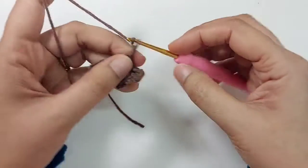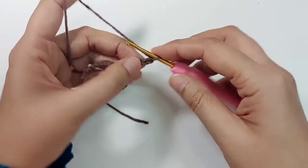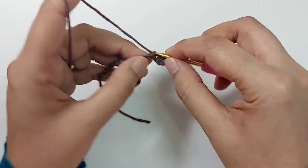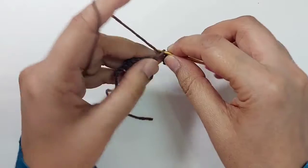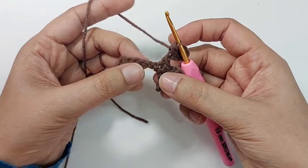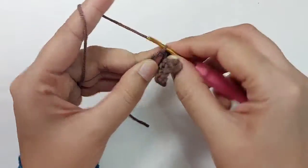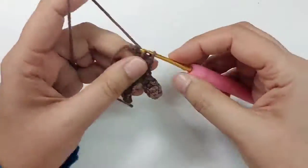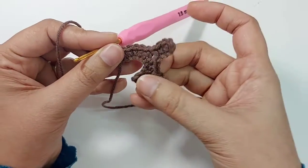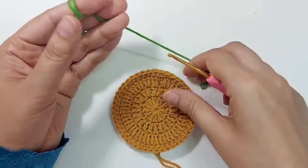Chain 5. Skip the first 2 chains into the third chain, half double crochet. Single crochet in next 2 chains. Back to base chains, make 1 single crochet into each chain. Cut the yarn. For the color, join your yarn in any stitch,